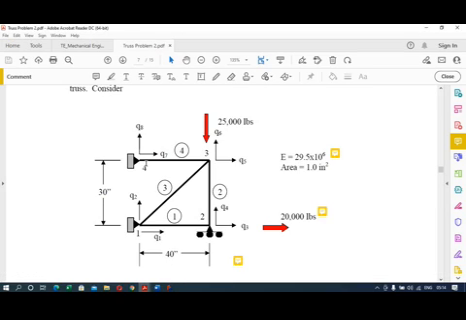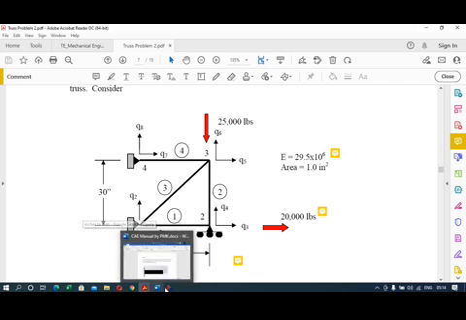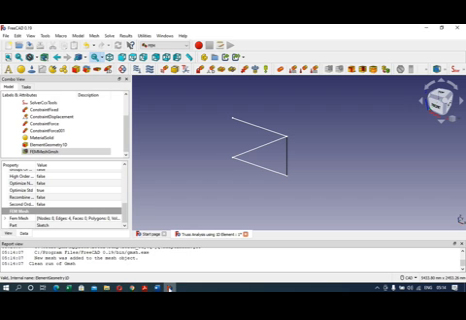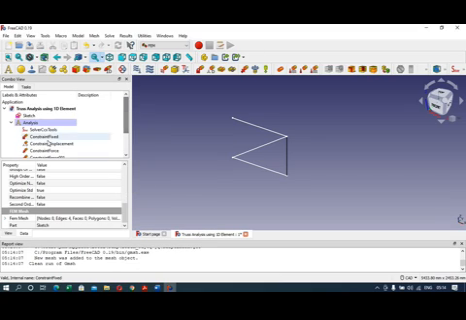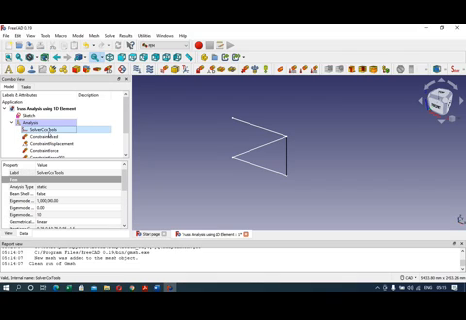So in our example actually the 4 nodes are there, 1 2 3 4, but there are 2 variables at each node, horizontal and vertical displacement. That is why here the 8 nodes are mentioned in the FreeCAD and the total edges are 4. Okay. So now click on this solver CCX tool.